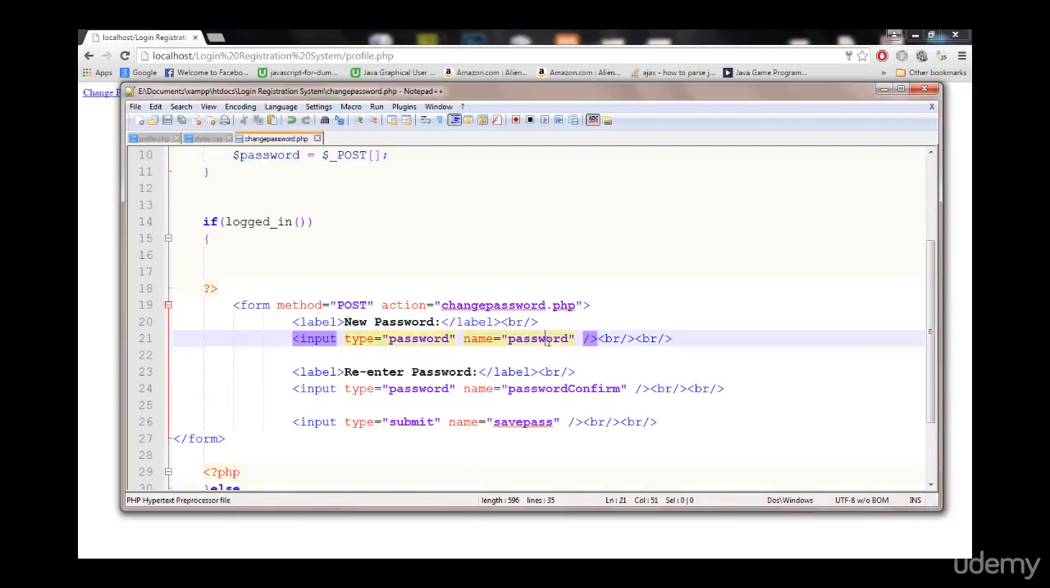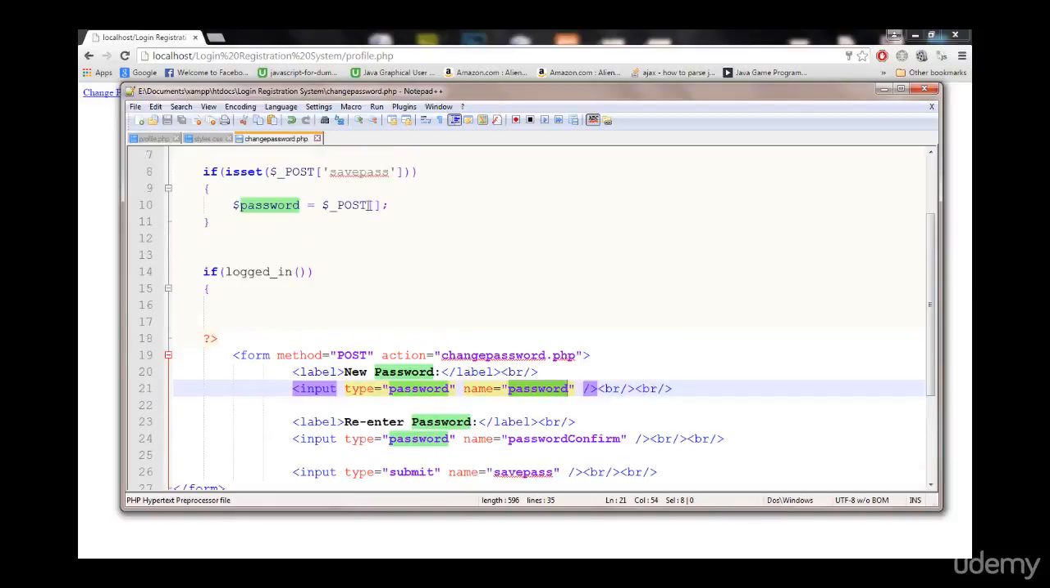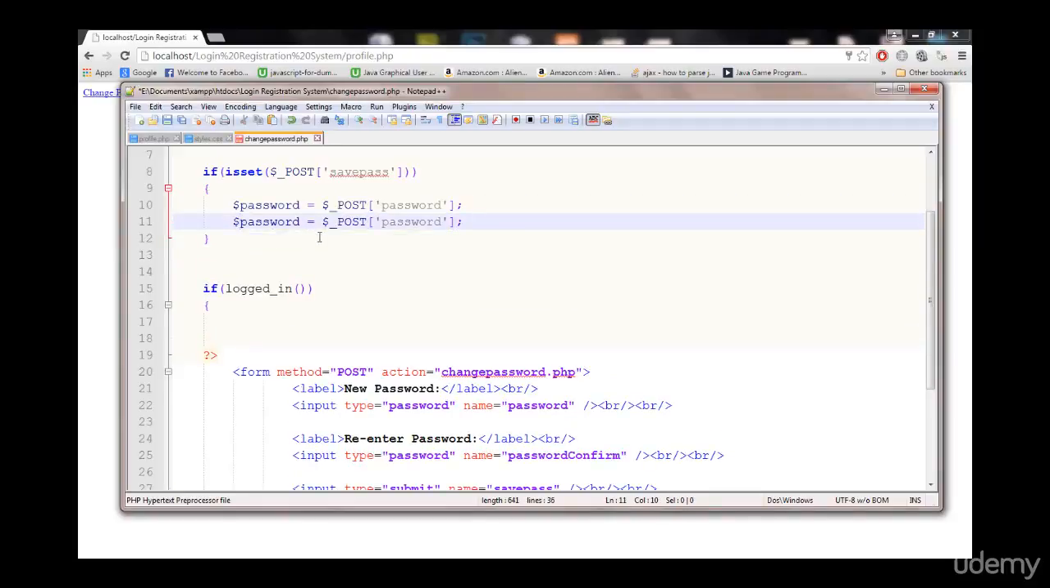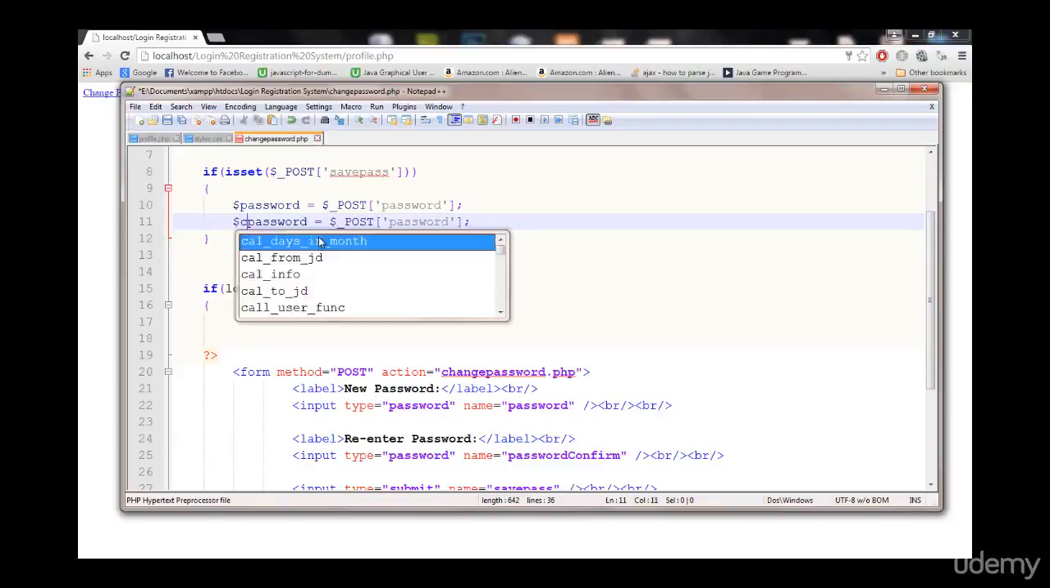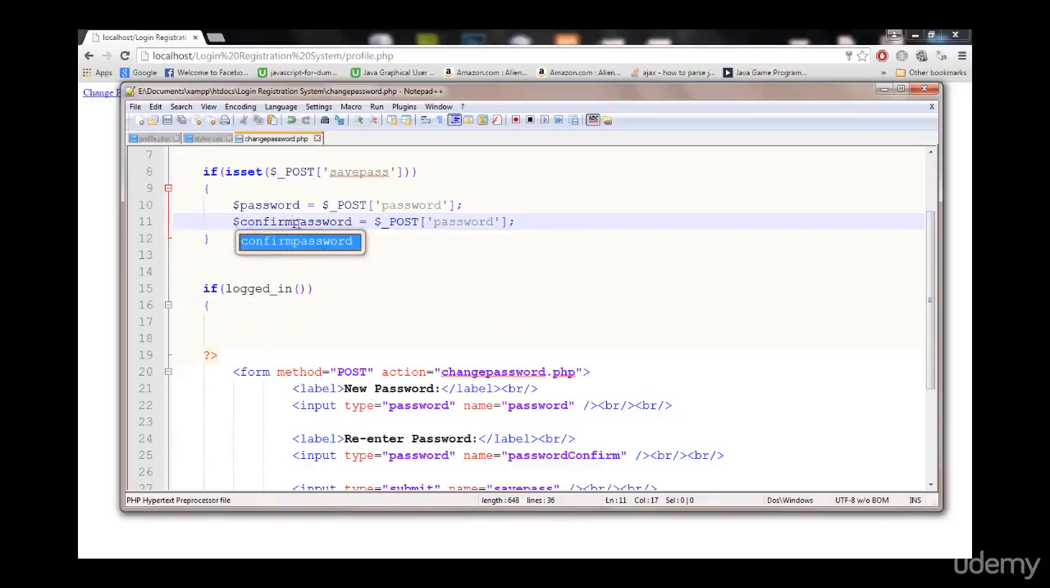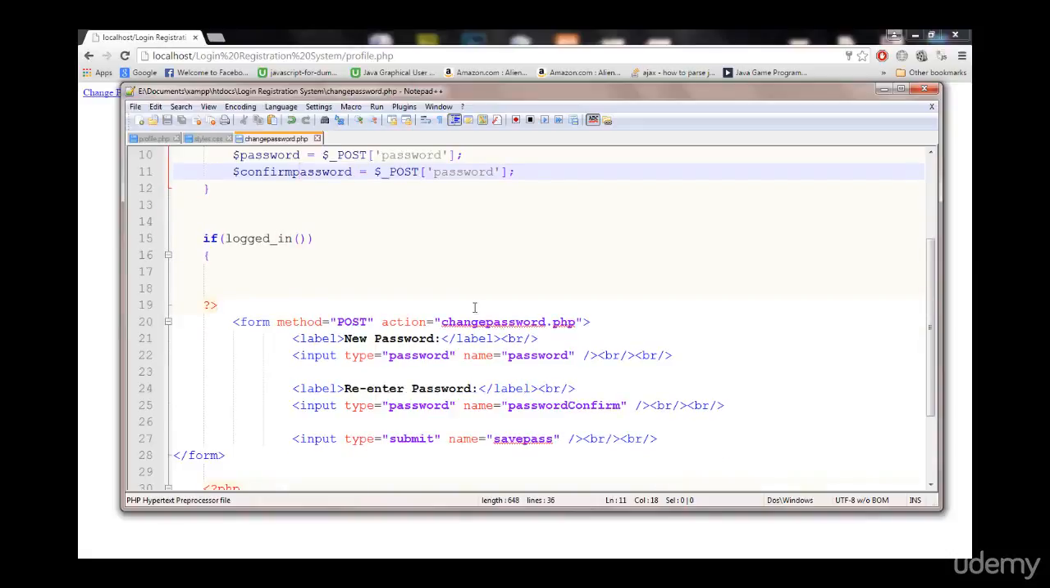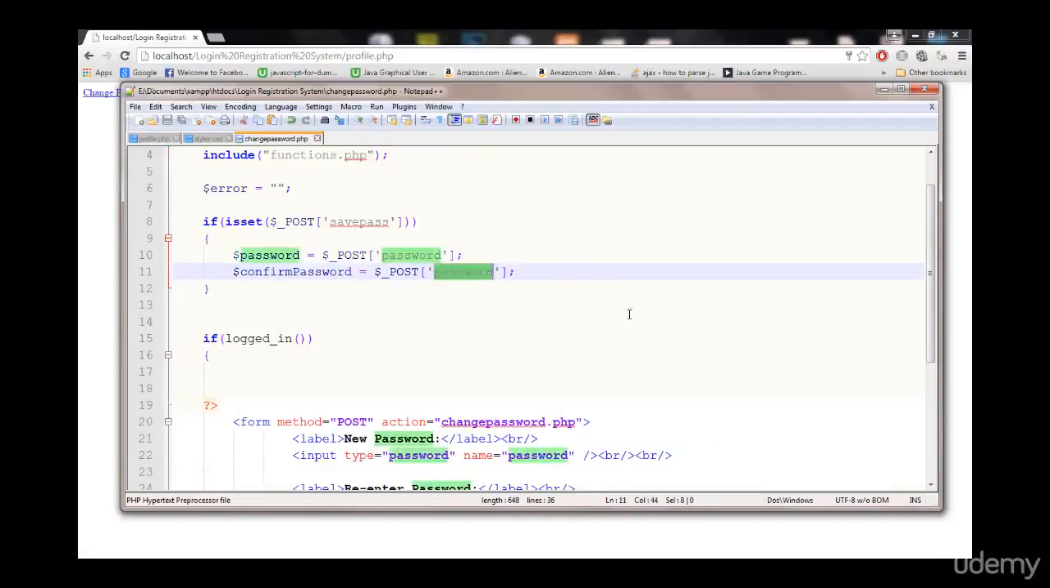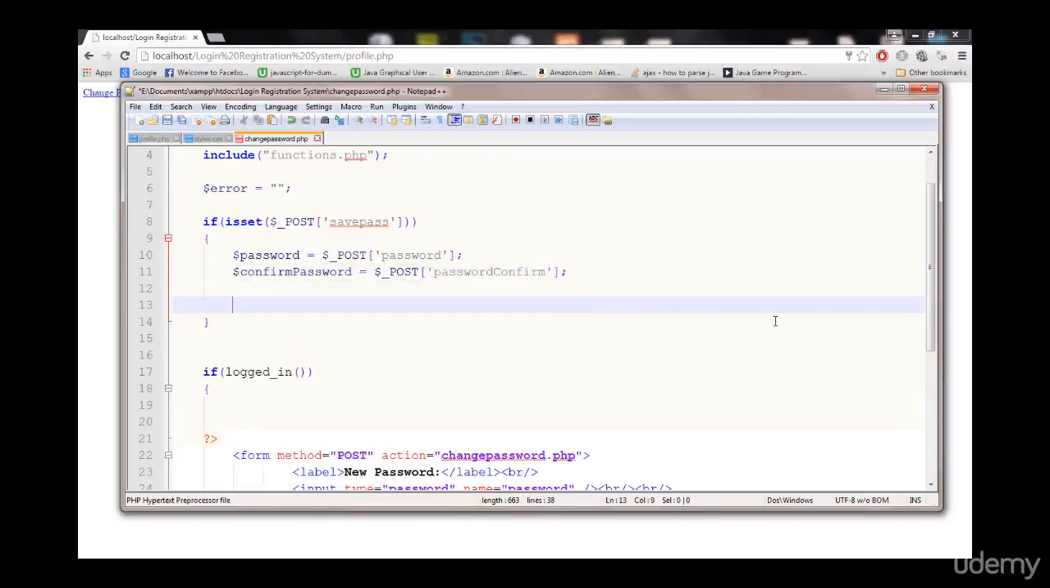First one is password, and the second one is confirm password. Okay, let's write P capital so it is readable. It is camel case. Okay, confirm password. So now we're gonna check